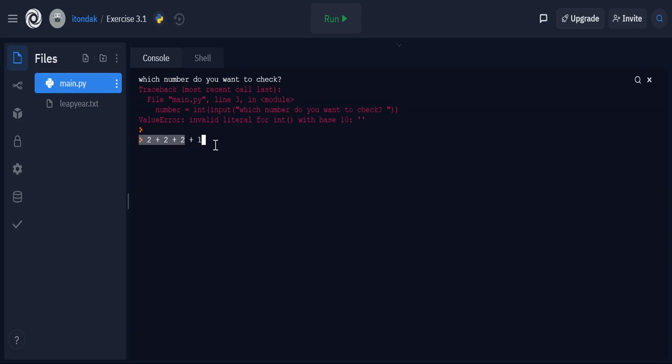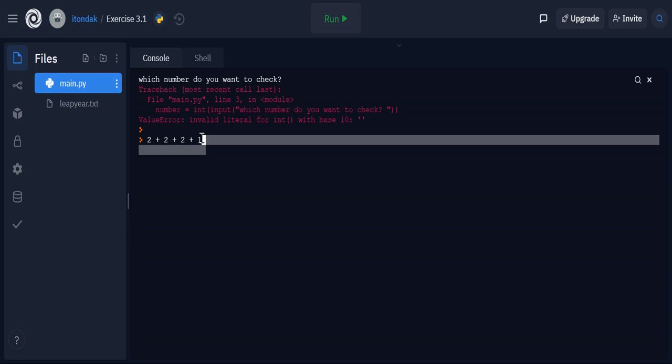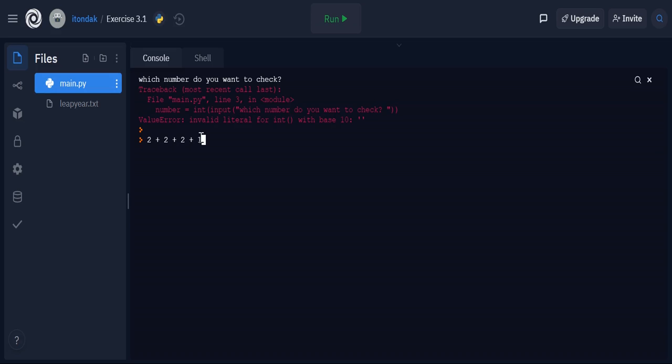Okay, odd is not divisible by 2, but even is divisible by 2. So this is the work for making your program for odd or even numbers.